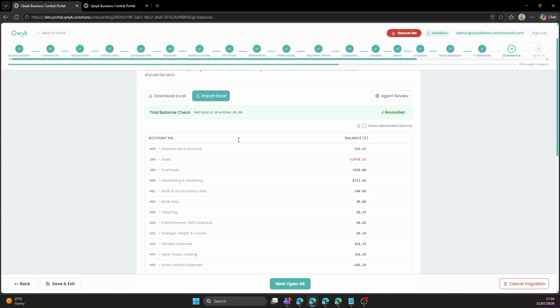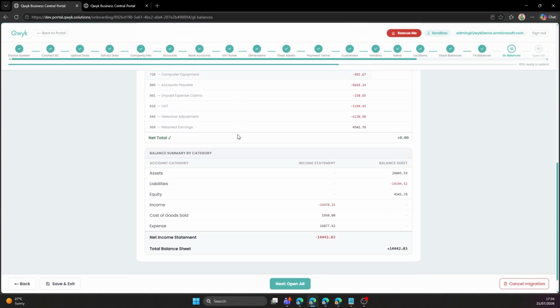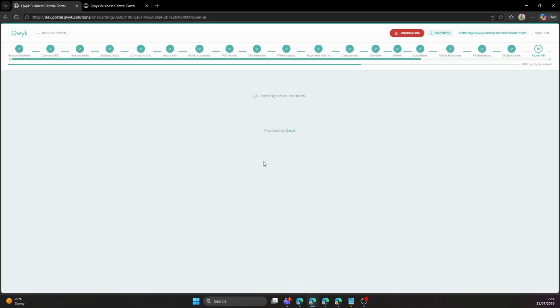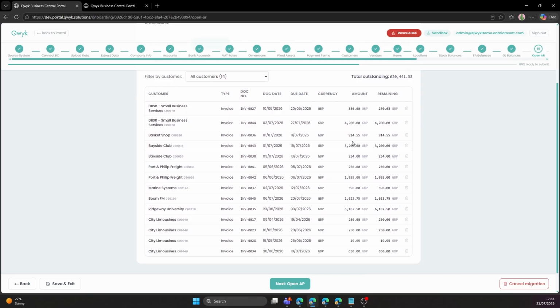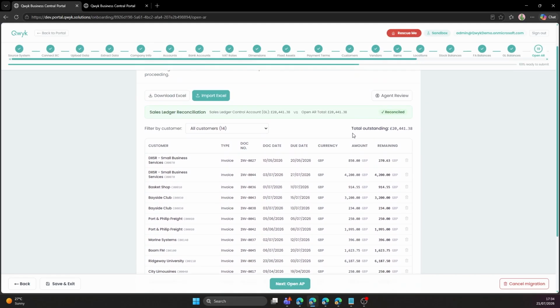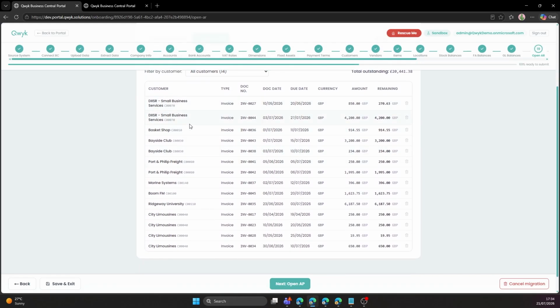Okay, so we can see that the balance is balancing out by category. So we can see that that's good, and no issues were found with that. We then have our open accounts receivable, so we can see that this sales ledger control account matches back to the GL. And the agent has not found any issues with this one, so we've got our open invoices with